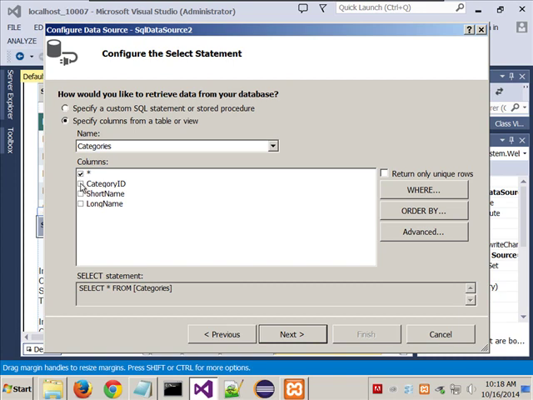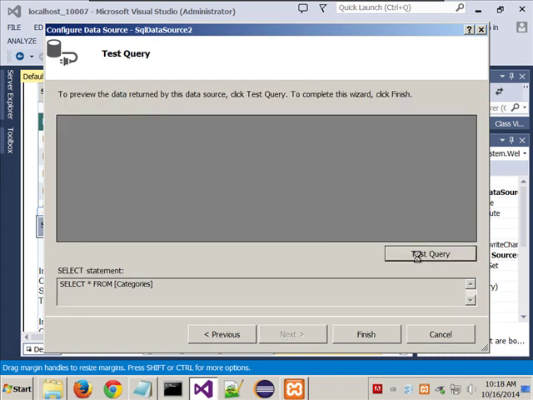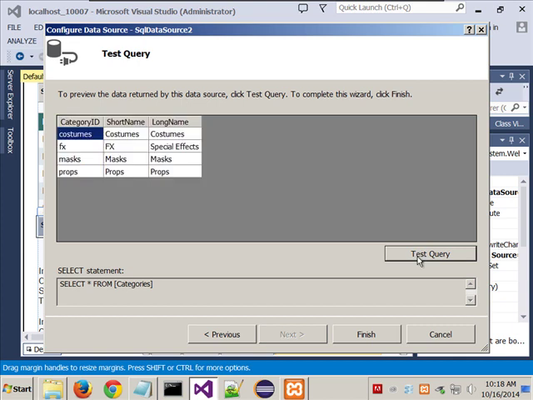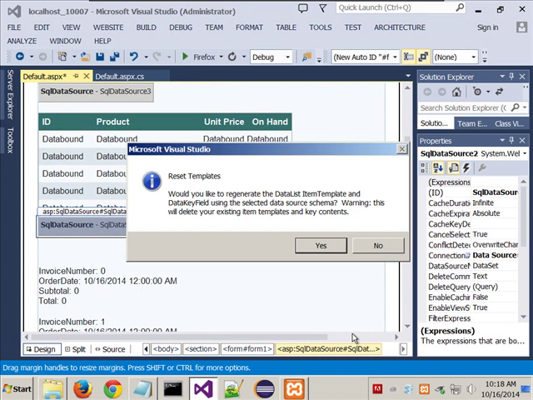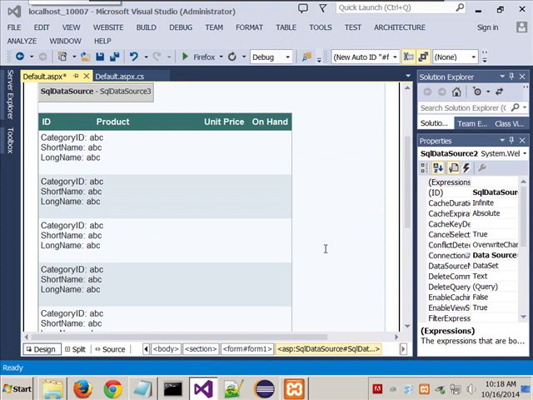So notice if I change it, it has no idea of knowing what it is I want to do. Okay, so if I come back here now to my categories and I choose everything, click it, and I test a query, notice what's changed. That's all it's going to show me. That makes sense? It only shows me what I tell it to show me. And if I say now, okay, when I go through here and I do this, this has already been saved. Yeah, it says, do I want to reset the template? Because it's all the stuff down here. And if I say yes, see how it fixed it for me, so to speak? All right. So now if I run this again,